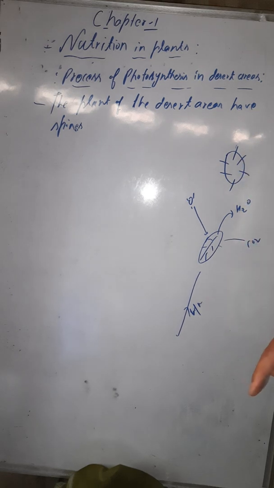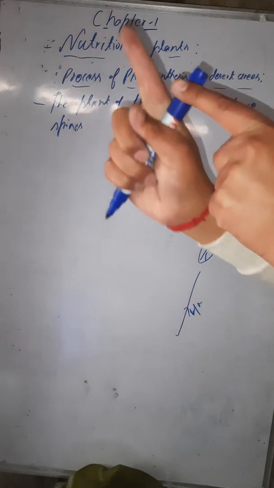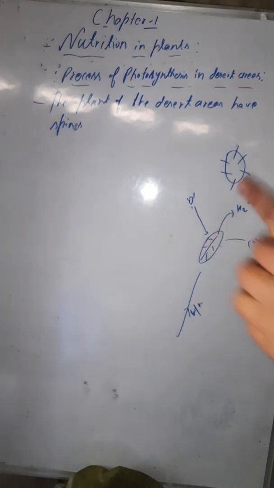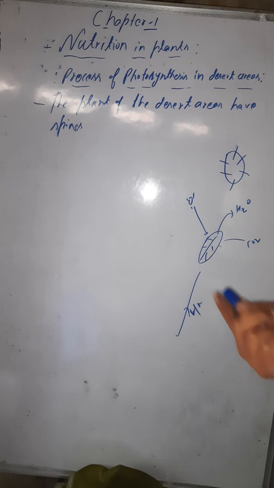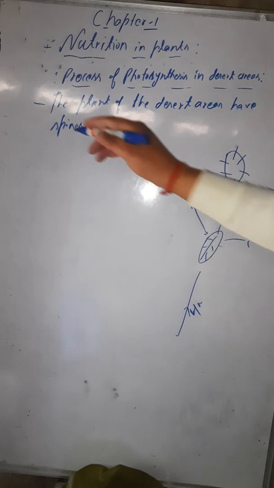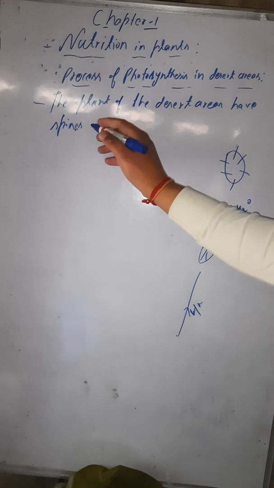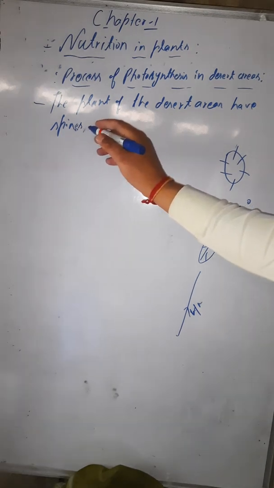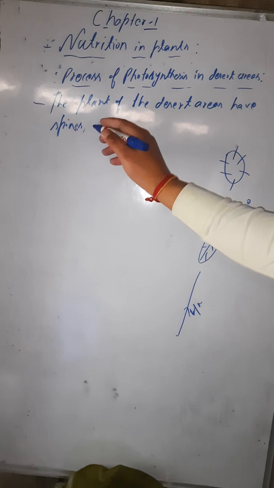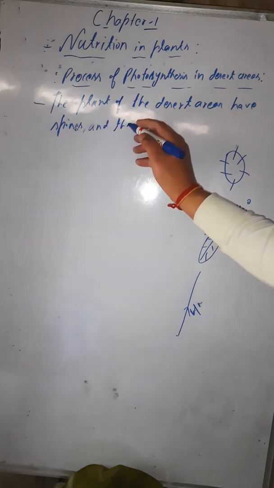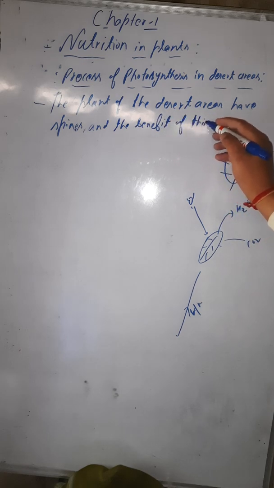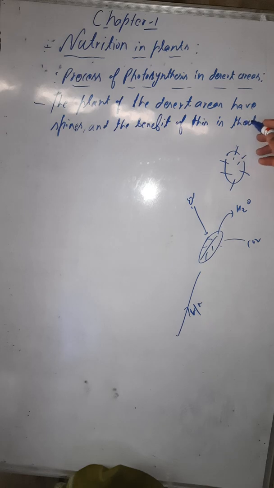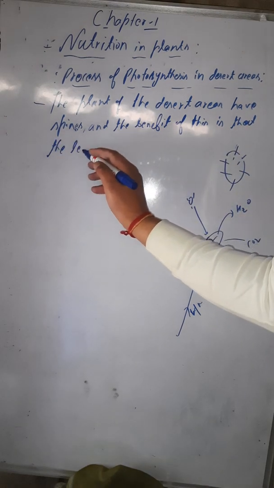This is the reason. Why? Because the spines have lesser surface area, and when the process of transpiration occurs, lesser water will come out and the plant will survive there. So this is what I am writing here: the plants of the desert area have spines, and the benefit of this is that the lesser water